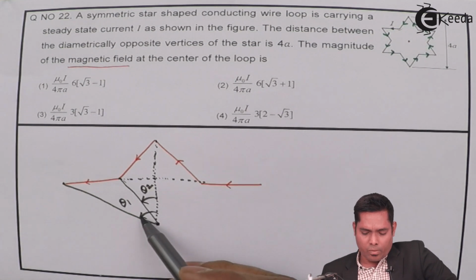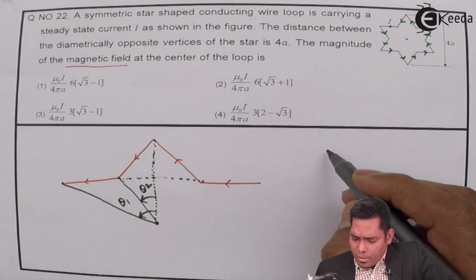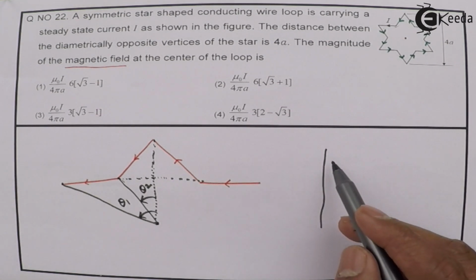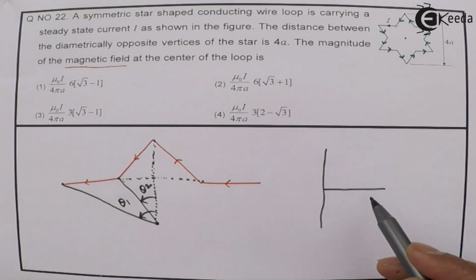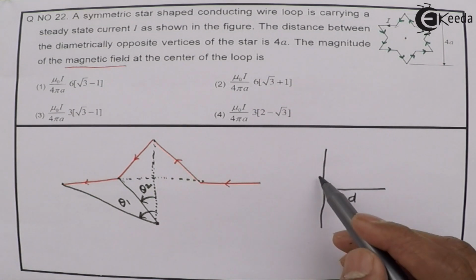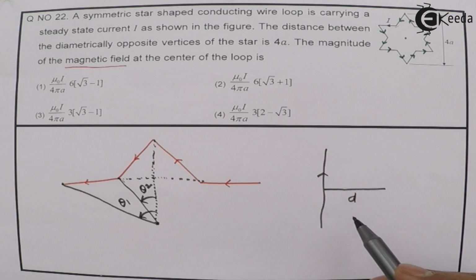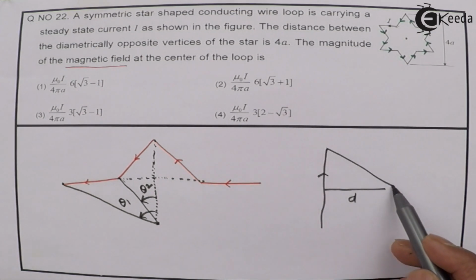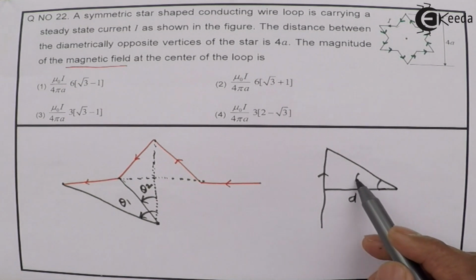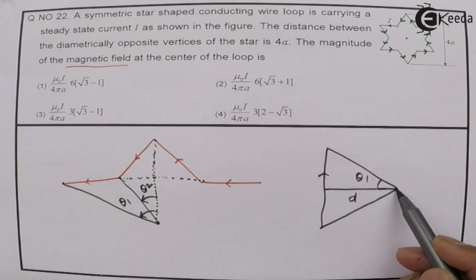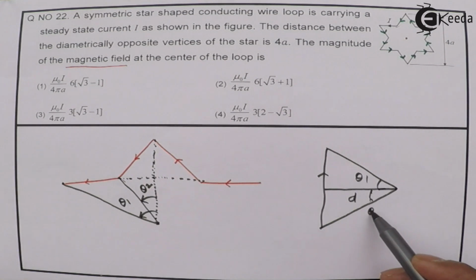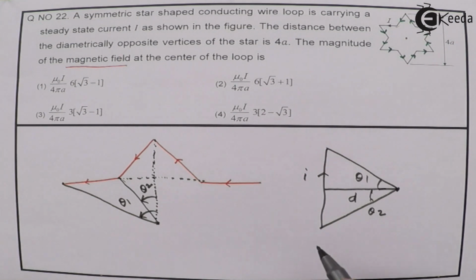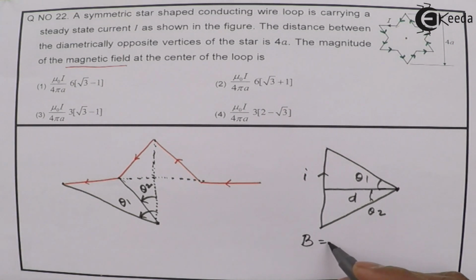Similarly, this is theta 1. We know that if we have a conductor like this, and at a distance, say d, the current is like that, at a distance d, suppose that this part projects an angle theta 1 and this part projects an angle theta 2,